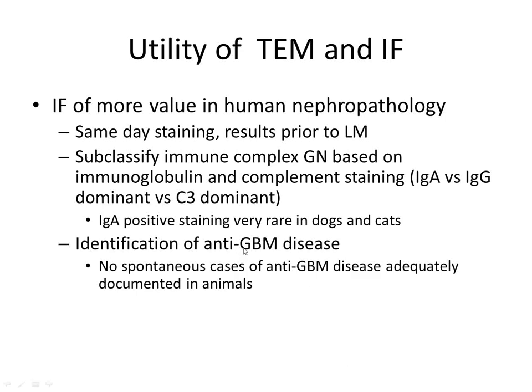And then also in human medicine, they have anti-GBM disease, and so if you guys think back to your second year pathology class where people talked about lumpy, bumpy immunofluorescence versus linear immunofluorescence, linear immunofluorescence is the antibodies actually targeting the glomerular basement membrane itself, and this is anti-GBM disease in humans.